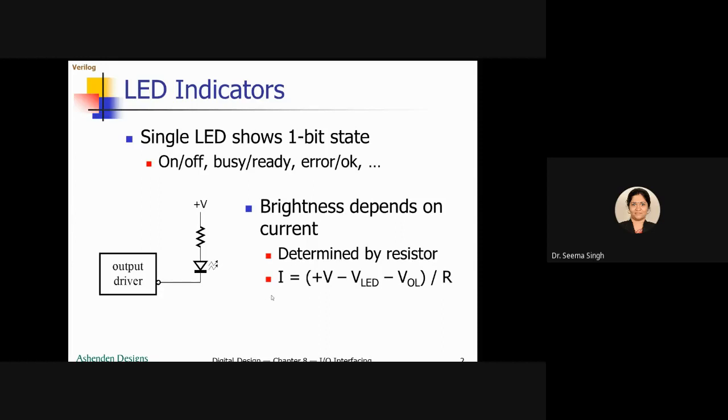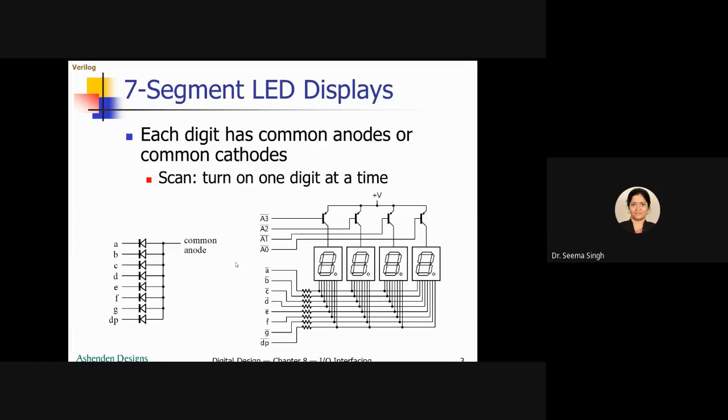Common anode means the anodes are joined together, and the LED is supplied with plus VCC at the common anode, and that is how the current flows. Here we are taking the example of common anode only. How an actual LED display happens, we will see along with the program. So you need to understand this specific diagram carefully, because we will be writing a program on this also.